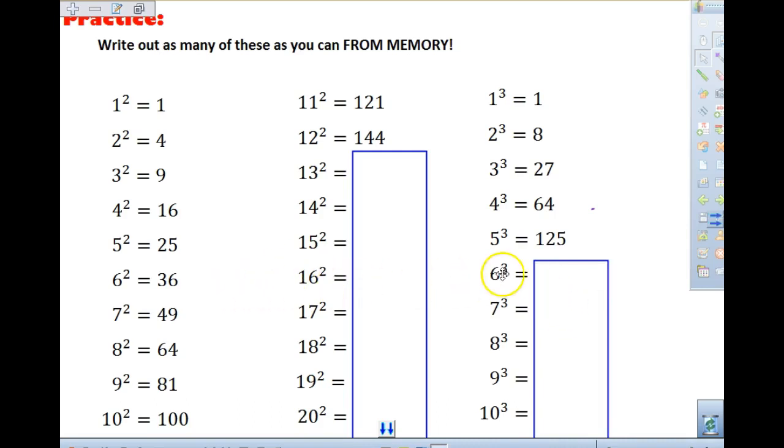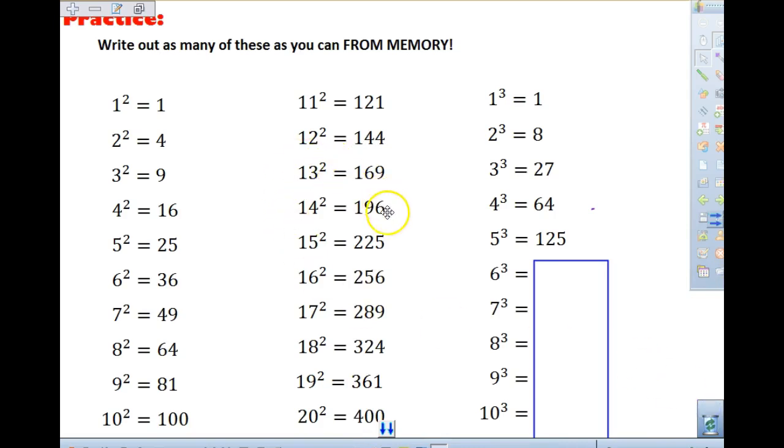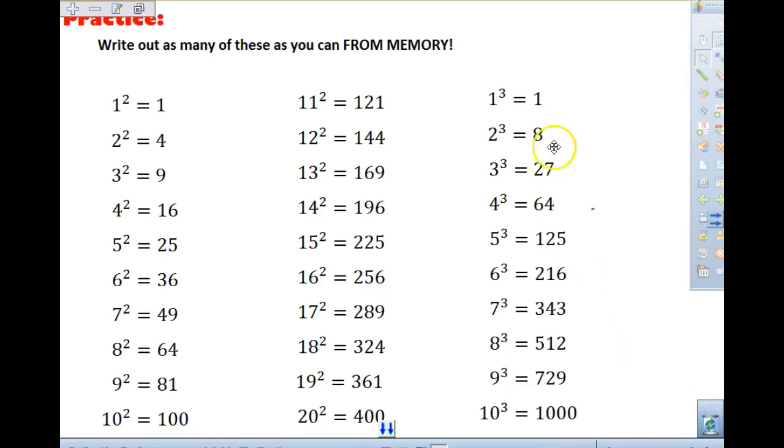Now, I agree, these last ones from here on that I have covered, these are the tougher ones. And for me, that's what I would say you should practice, either on Quizlet or making flashcards or just writing those, okay? Because that is where most of you are probably struggling the most. 169, 196, right? Those are just kind of reverses of each other. 225, 256,